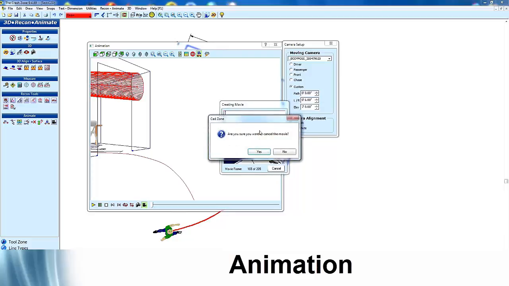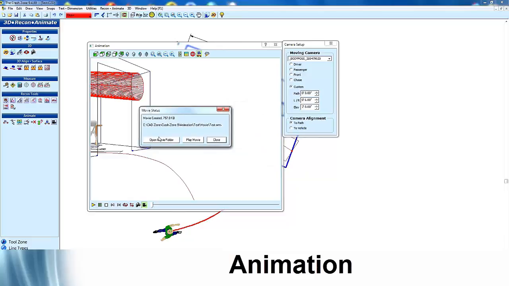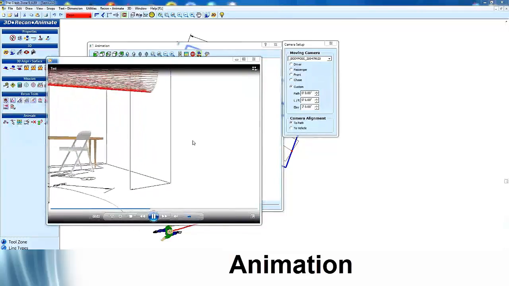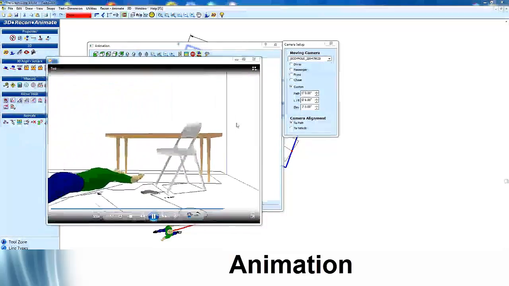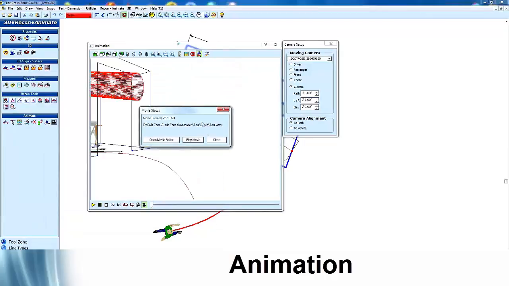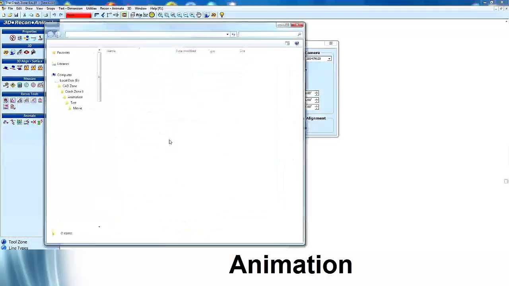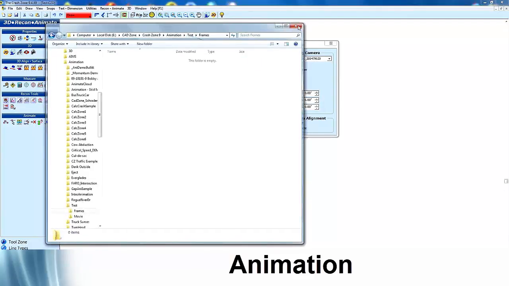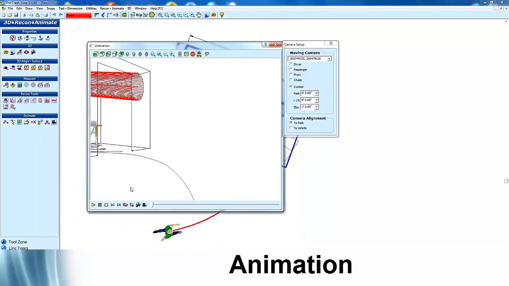Sure. Okay. So let me just stop that, and I'll say I want to cancel it, but I'll do a quick play of the movie here. There you go, Windows Media Player. And then if I open the movie folder, there's the movie, and if I go back, here are the frames. Oh, I didn't save the frames, sorry. So what I would do next time when I save the movie again, let's say,